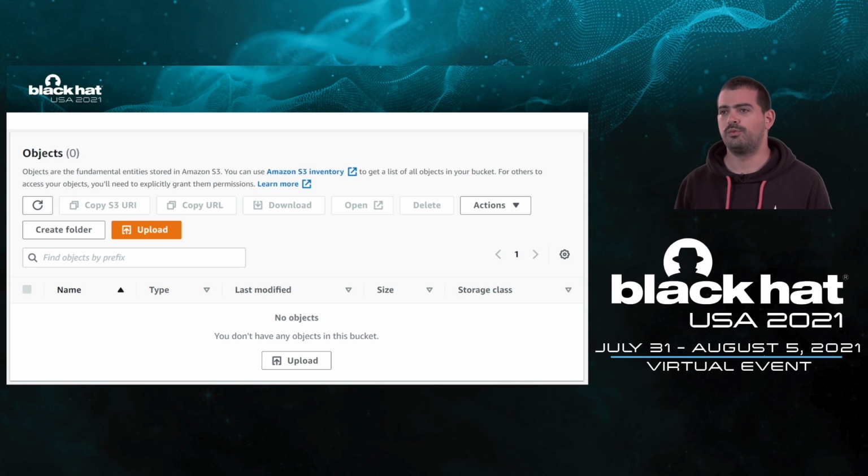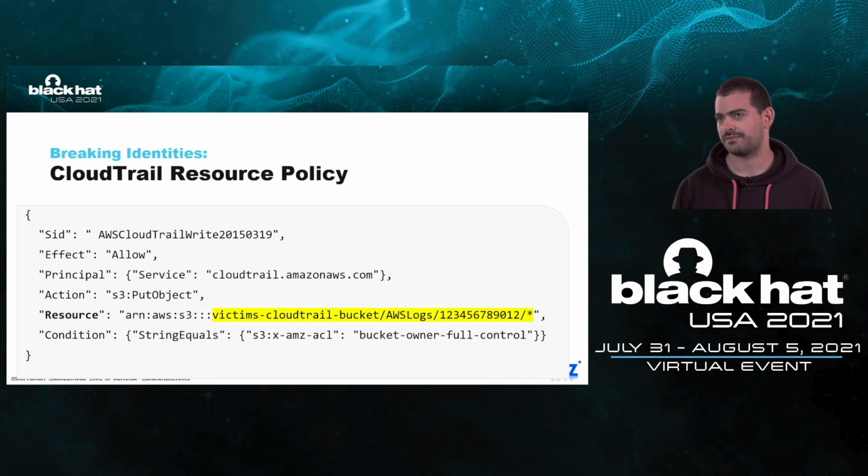In an attempt to understand why, we went back to the resource policy. At a second look, it can be seen that the bucket allows CloudTrail to write only to a very specific path, which is probably why our CloudTrail failed to write to the target bucket. But wait, we can bypass it easily. When defining logs export in CloudTrail, one can specify a prefix to which the logs will be written. Maybe, if we enter the permitted path in the policy, it will be able to write.